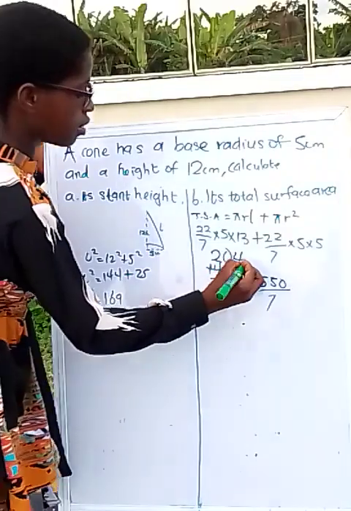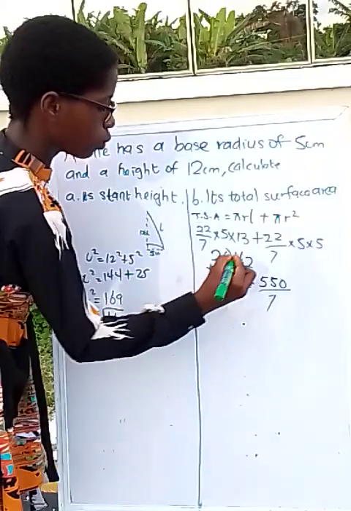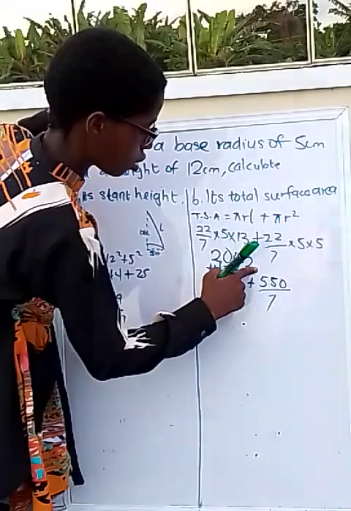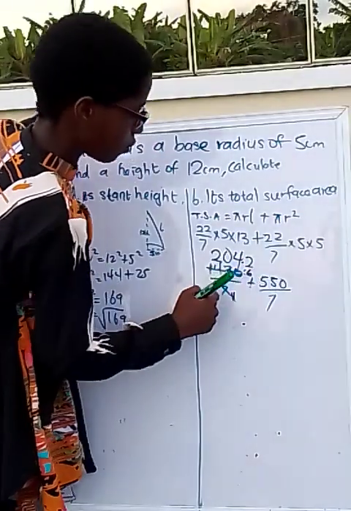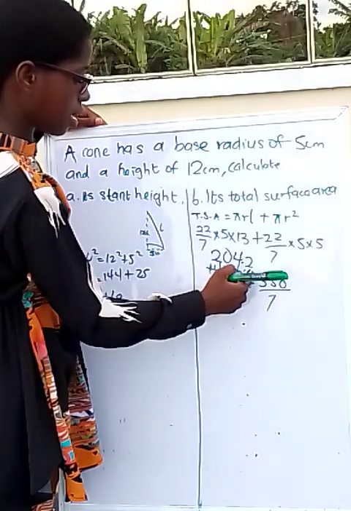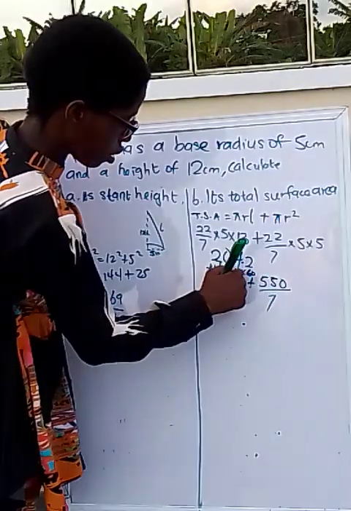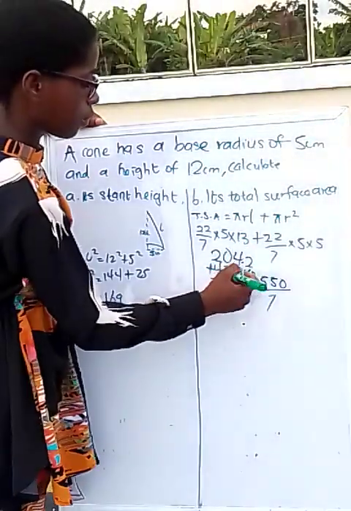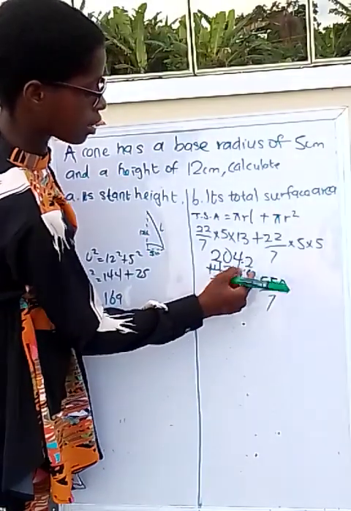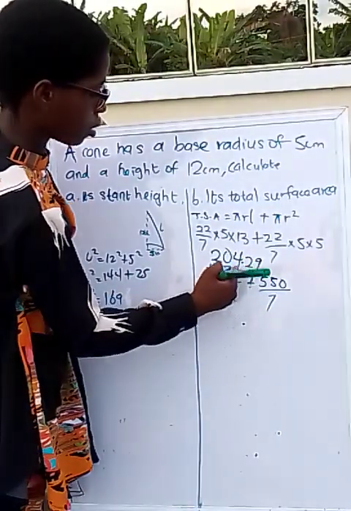Remainder 6. Then 7 in 6 is not possible, you add 0. 7 in 60 is 9. So now let's stop here. We have 204.29